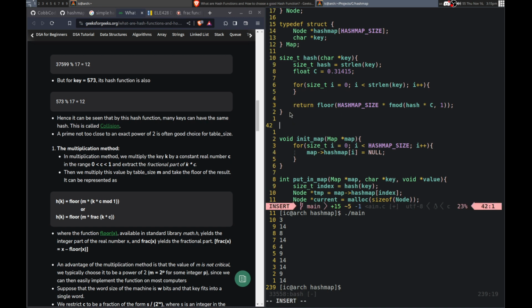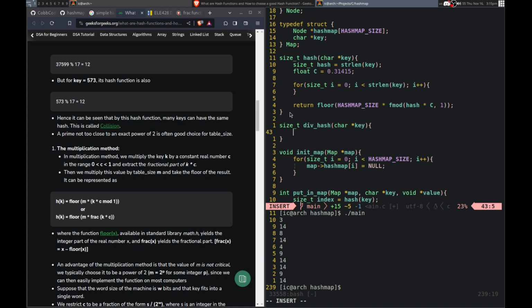So let's do big hash, and that just takes the key, and that basically just returns strlen of key times hash map size, and